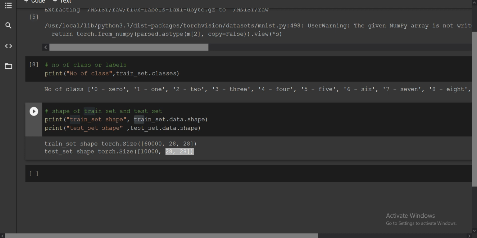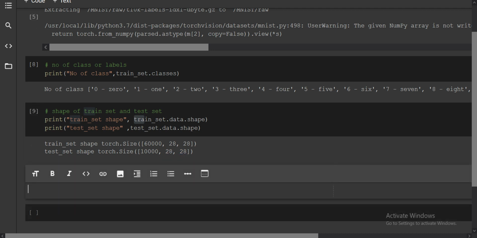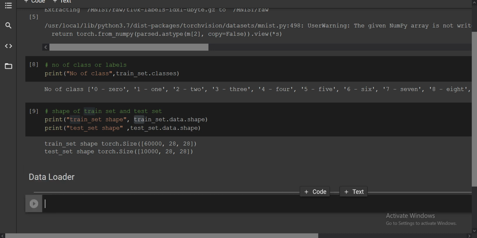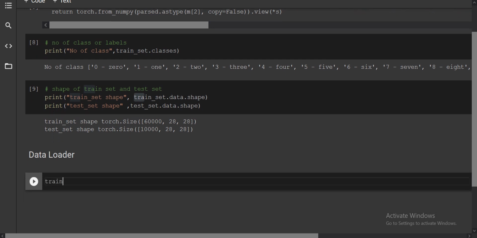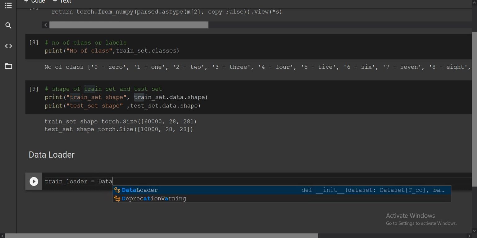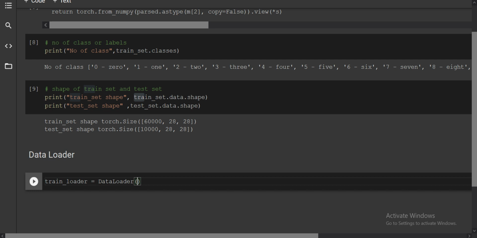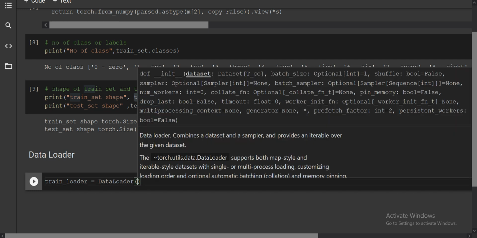So now we will write the data loader here. After that we have to write train loader. Inside it we have imported the data loader, and as I explained, it takes three parameters.